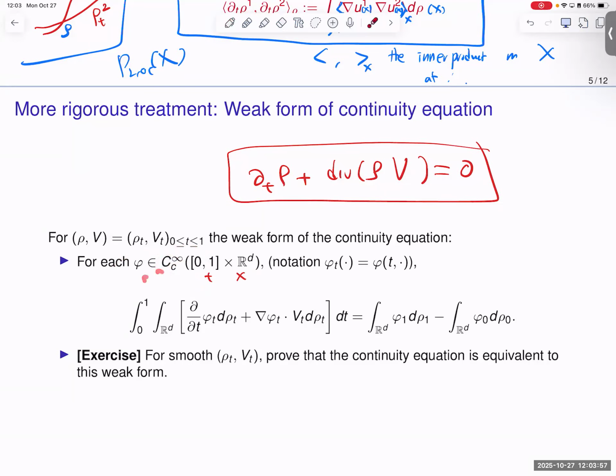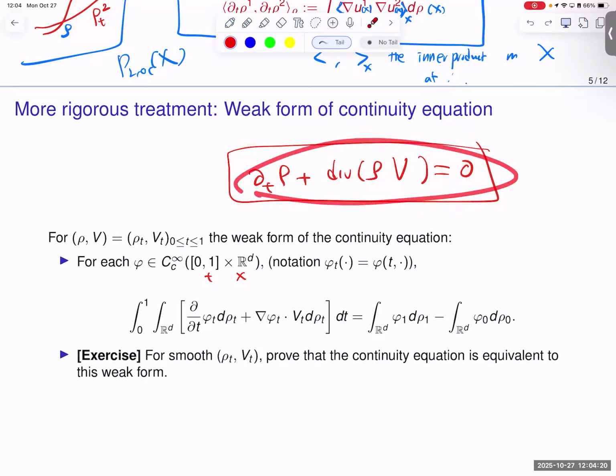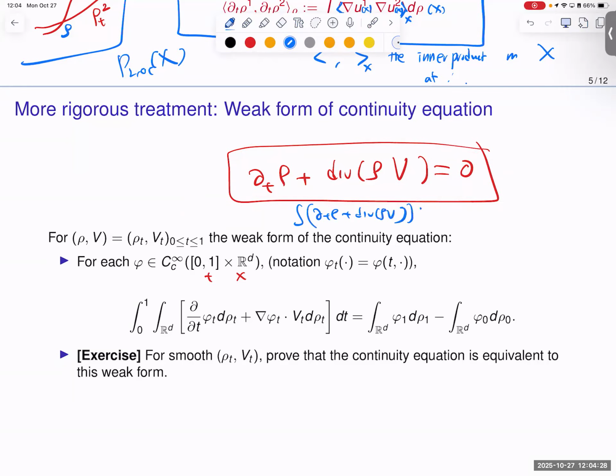The test functions are smooth in space-time, and then you multiply that test function to this equation and you integrate. Then this equation being 0 means the integration of this expression times any test function is 0. Okay, it implies this,